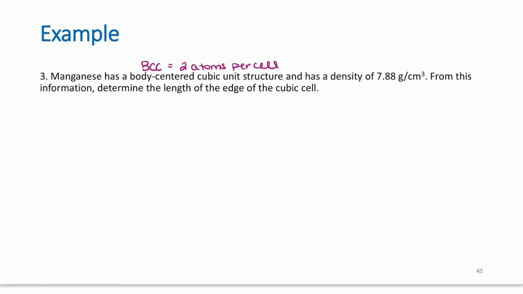So again, BCC, 1 body, plus 1/8 times 8 corners, 2 atoms per cell. The mass of the cell